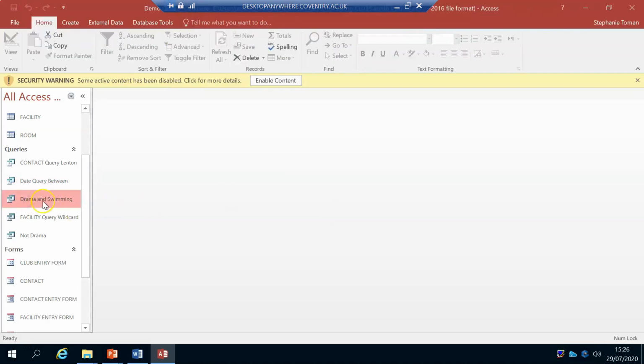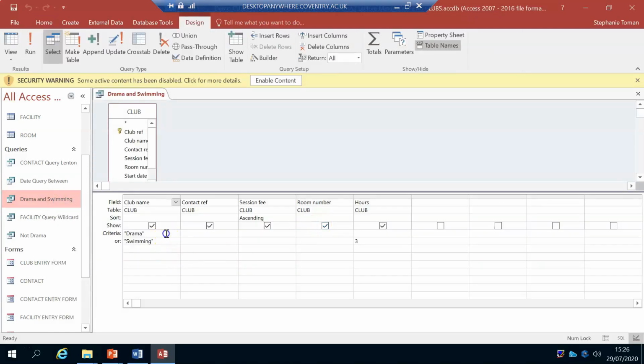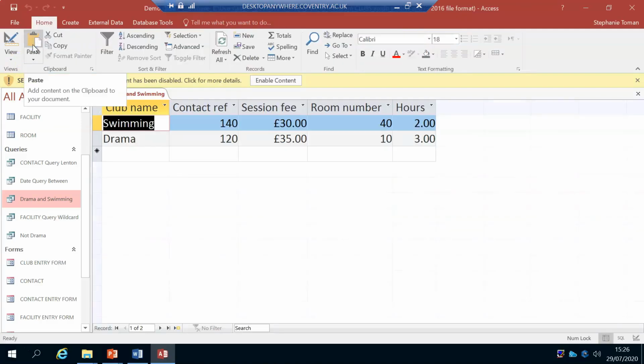And then we're going to look at this one, drama and swimming. So right click and straight into design view. This is where I've got two criteria. So you've got criteria there and there. So I'll take the 3 out because I can put that in a minute for 3 hours. So first we're going to run it with drama and swimming. And that brings up those two